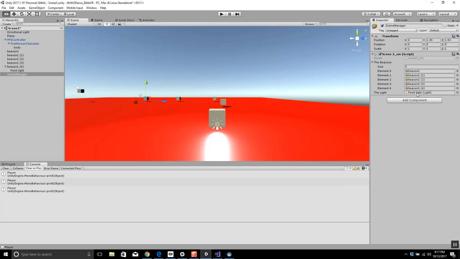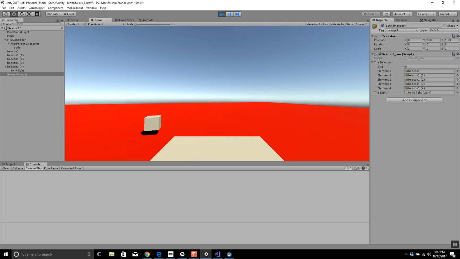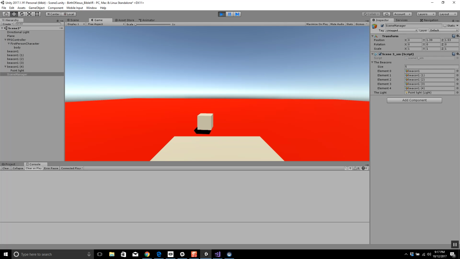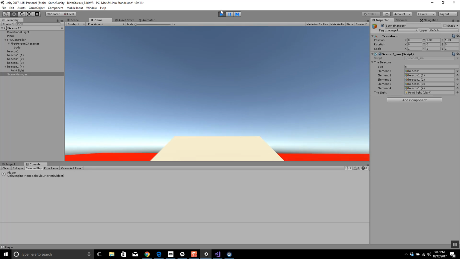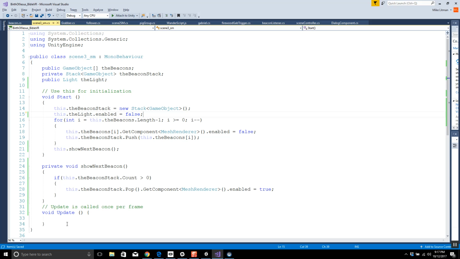There's our light. Make sure I have this guy saved. All right, so now by default it should not be there. All right, so we don't see that light anywhere. So now whenever you get to the part where you want to turn the light on, so I've hit beacon, I just happen to know it happens to be the very last beacon. So if I come into my script here, when we say show next beacon, as long as the count is